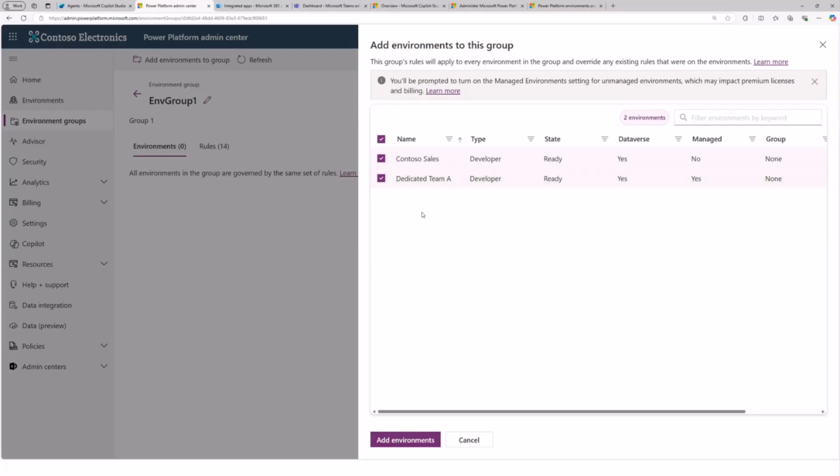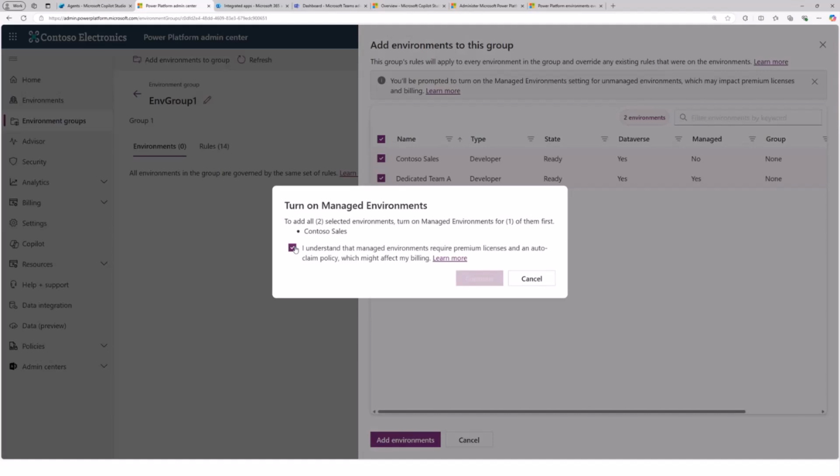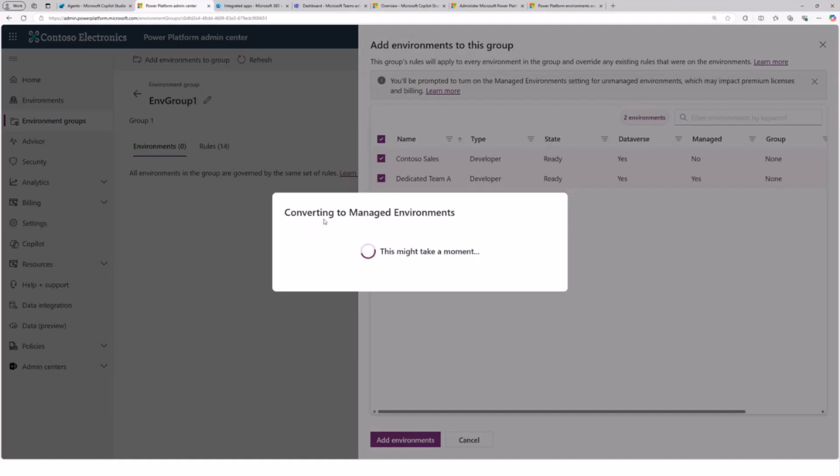The only thing is, it will ask you to convert it to a managed environment. In order for an environment to be managed in a group, we have a type called managed, whether it is managed or not managed. So you will convert it into a managed environment, right? This is the prompt that you get. And once you do this, it will convert that environment. It just takes a few seconds.